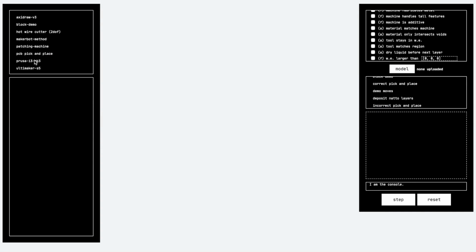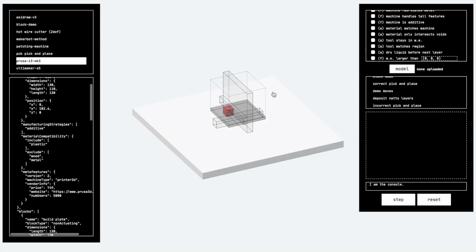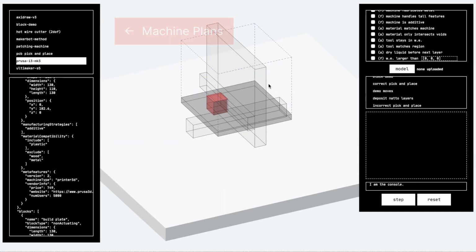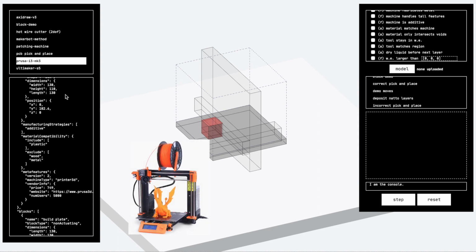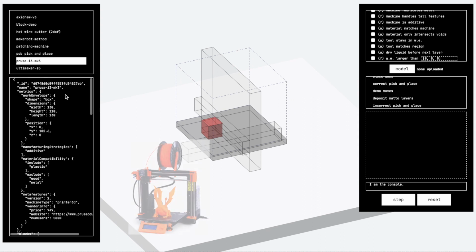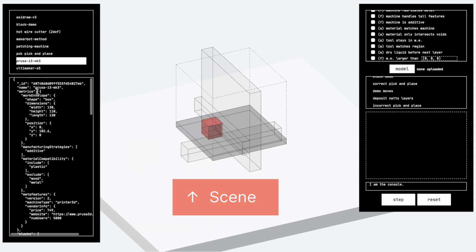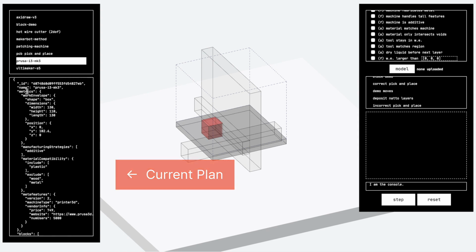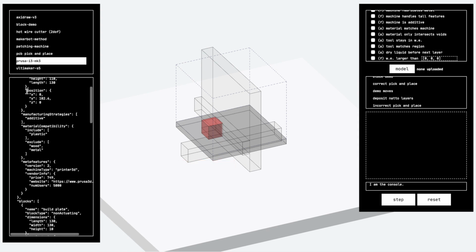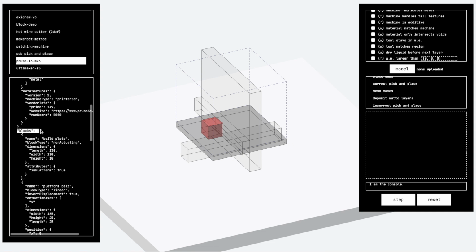Let's open the Taxon interface, which runs in a web browser and pulls from a database on the server. When we click on the Prusa 3D printer machine, we see the printer loaded into the scene and the machine plan viewer. The machine plan has metrics, which are properties innate to the machine as a whole, and blocks, which describe the machine's composition. We'll run through a quick example illustrating how blocks work.